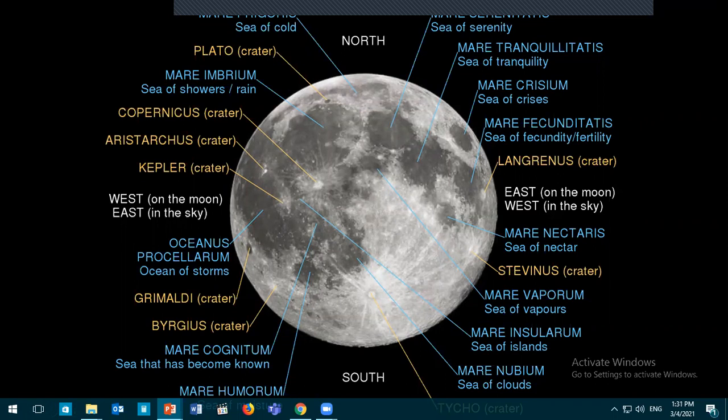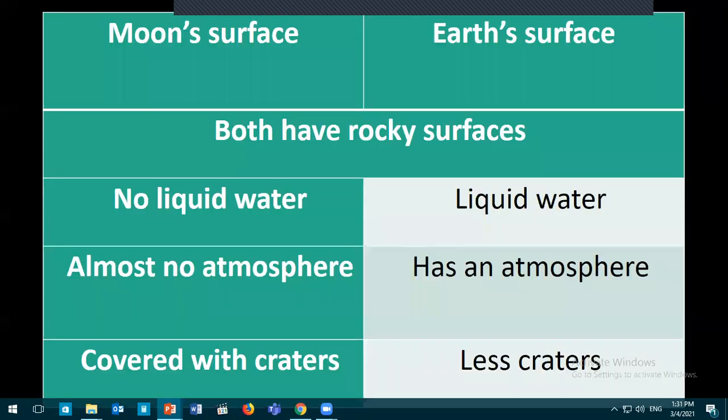And I believe that there are some names that they did not mention in this picture too. And here we have the moon's surface and the Earth's surface. You have a comparison between them. Both of them have rocky surfaces because on Earth we can walk on the Earth's surface. So we have a rocky surface. But the difference